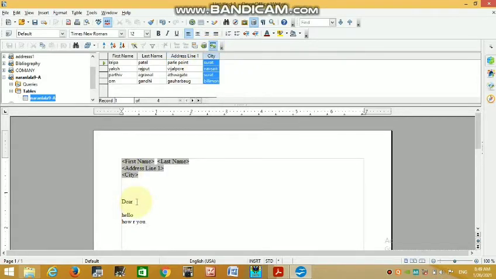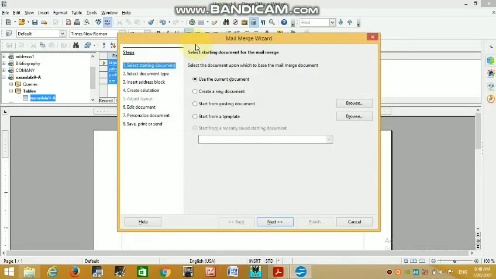Here we can give a name. Again we insert first names. Okay, here we put all our fields where we want to put them. Now mail merge.